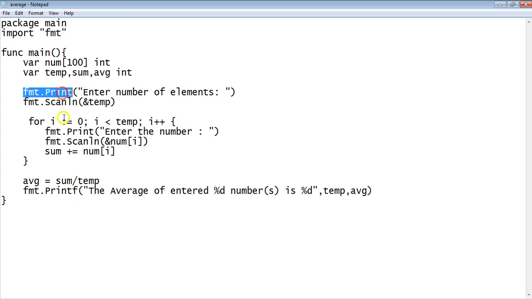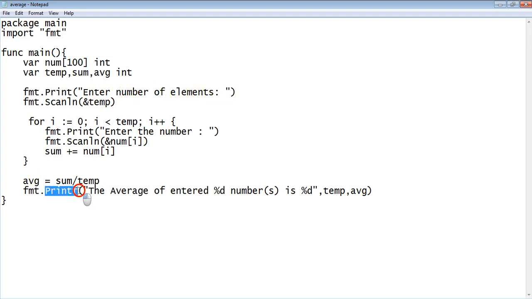There are two print statements here. Both work pretty much the same. They are going to output, or prompt the user to give some input, or give some output to the user. But this print is just going to give the output without any formatting. Make sense? That is, it doesn't have any kind of variable inside it.